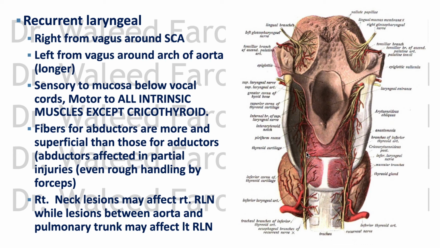So, they are both from the vagus. They loop around vessels and go up. That's why they are called recurrent, because they go back upwards to the larynx. We said the supply, sensory and motor. And a point worthy of mentioning here, that neck lesions can cause hoarseness of voice if they were on the,